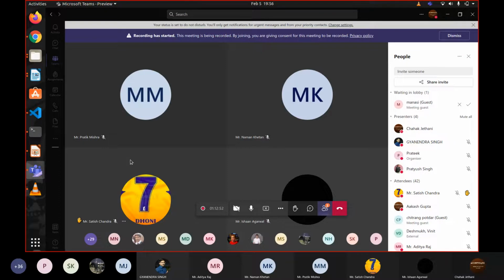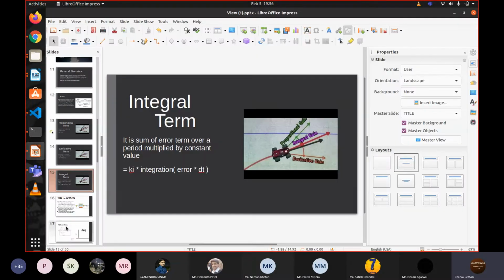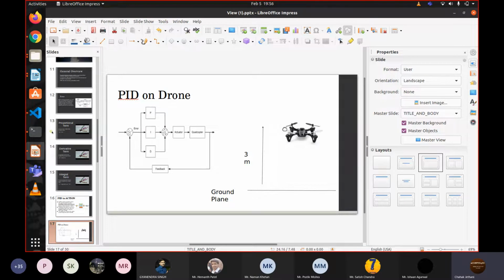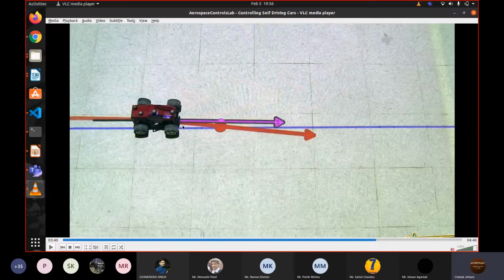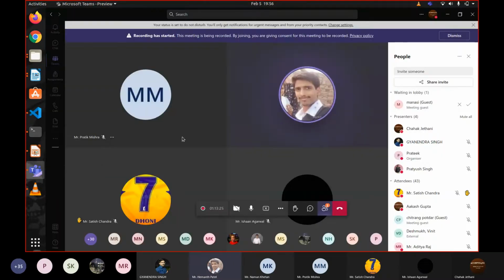और कोई डाउट है? भैया वो एरर अपने आप निकाल देता है ना? हाँ, जैसे यहाँ पे हम लोगों को ड्रोन की हाइट कंट्रोल करनी है अगर, तो एरर होगा ड्रोन की प्रेजेंट हाइट माइनस ड्रोन की रिक्वायर्ड हाइट, एरर इस तरह से निकलता है। और जैसे हम लोगों को कार को 0,0 वाली ब्लू लाइन पे चलाना है, तो ब्लू लाइन की पोजीशन माइनस कार की करंट पोजीशन, ये होता है एरर टर्म। ठीक है, हाँ भैया, पर वो अपने आप ही निकाल देता है ना, हमें असाइन करने की जरूरत नहीं होती है? नहीं, एरर टर्म अपने आप ही निकलता है।